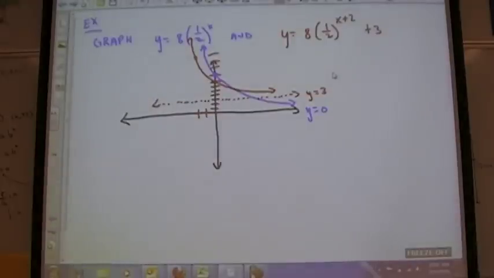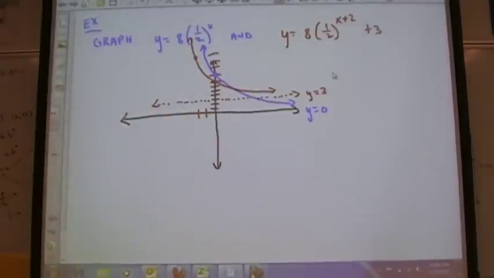All I care about here is translations. The blue one, we're going to translate the blue one to get to the red one. The main point I care about for the blue